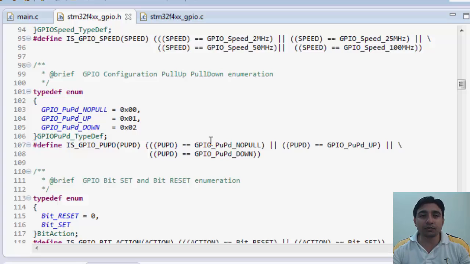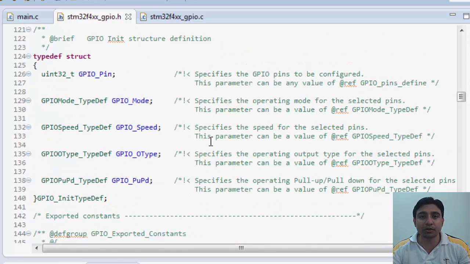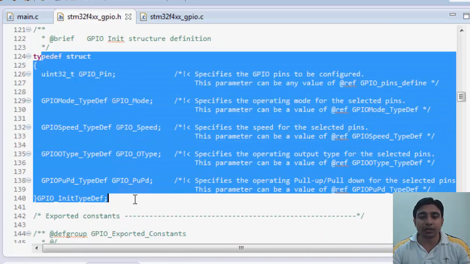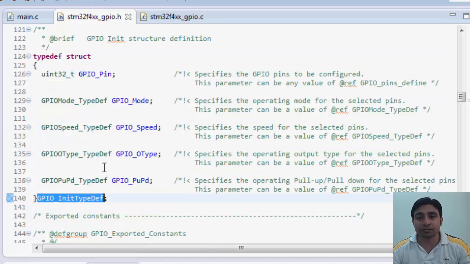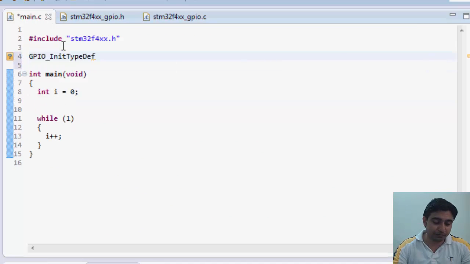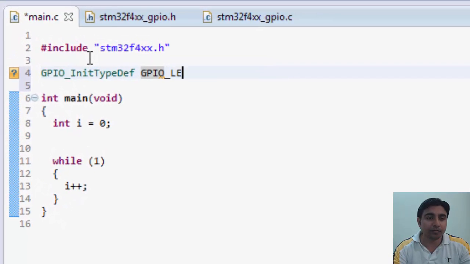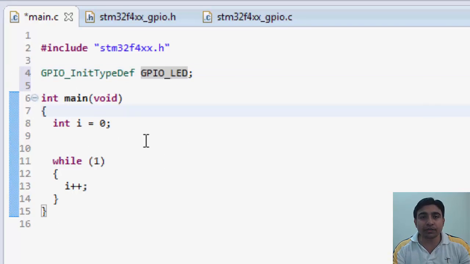Okay, so now there is one structure called GPIO_InitTypeDef in the GPIO header file. You can see here that we need this structure to set up some values. Let's declare that first in our main program. Now in this structure there are a few things that you need to set. The first one is